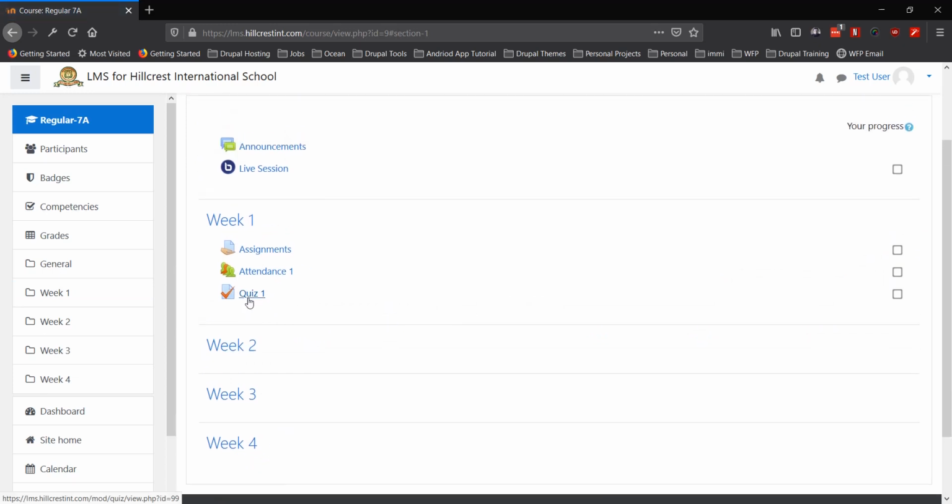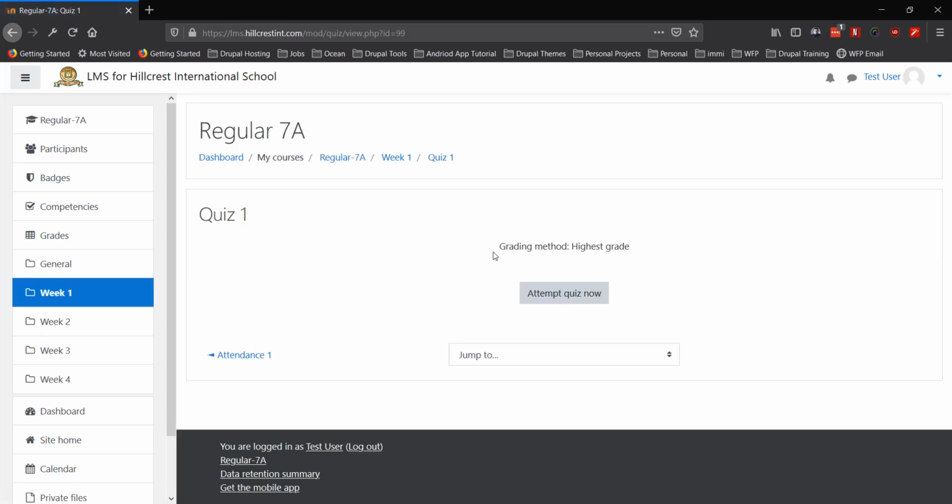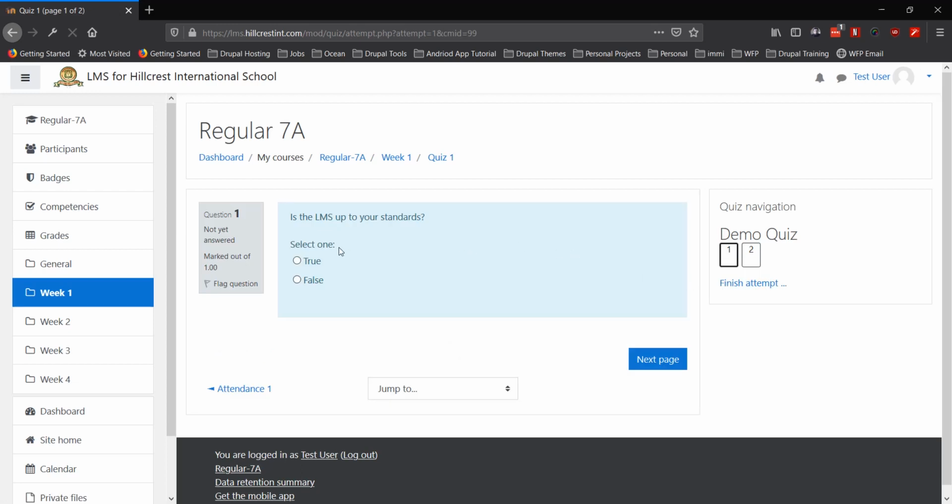Then you can also upload a quiz by the teacher. Click on that quiz. So attend the quiz right now. I click it. Currently only one quiz is there. Attempt the quiz. So the student can attempt the quiz as well. Currently there is one question here: is the LMS up to your standard? Yes. True, false. Yes. So then the next question